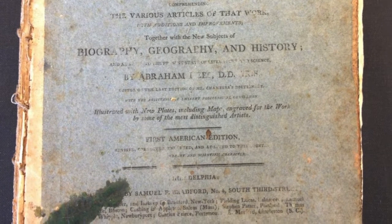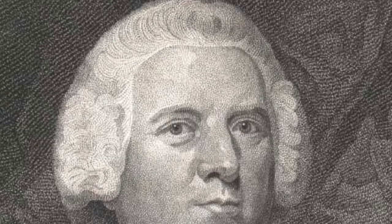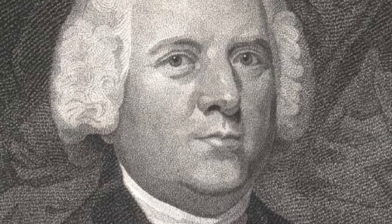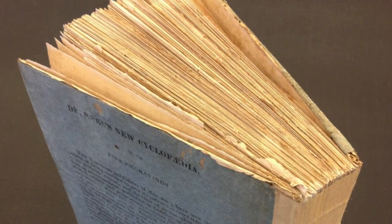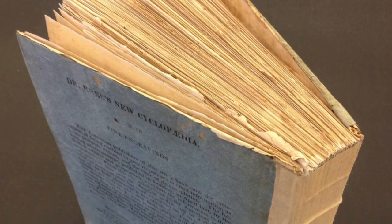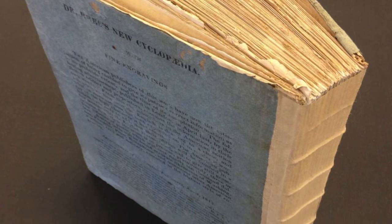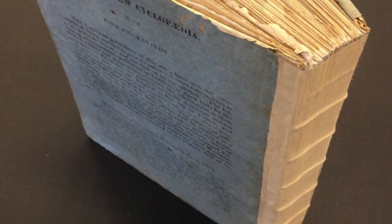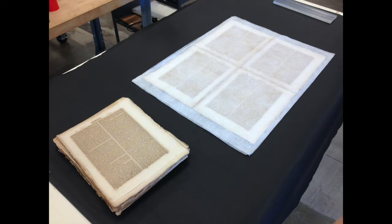This set of 63 volumes, published between 1806 and 1824, is the first American edition of Abraham Rees's classic encyclopedia. Though an incomplete set, the volumes survive as they were originally issued in printed blue paper boards, the pages uncut and unopened. To better explain why this is important, book production starts with the printer, who covers large sheets of